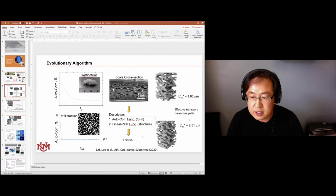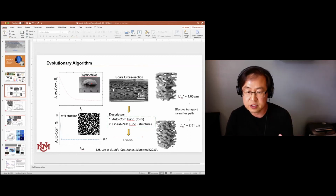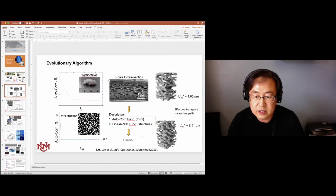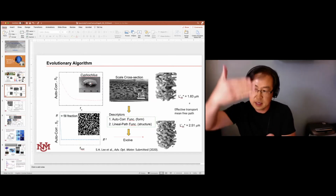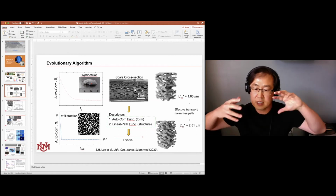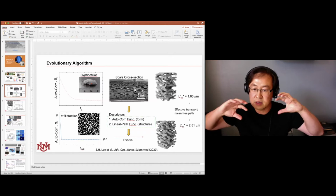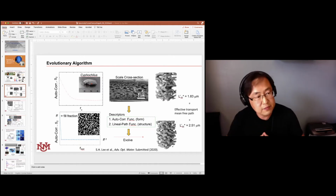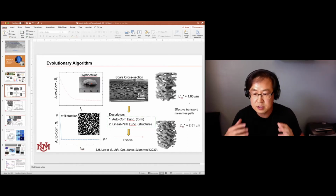So the way we actually computationally evolve the structure that's in our hand is as follows. This used to be a cross section of a beetle's scale. So if you peel it off and slice it vertically, the cross section looks like this. Lots of serpentine, elongated structure that's in the scale. What we call autocorrelation. And what we do is, I guess if you watch PBS, sometimes people reconstruct a person's